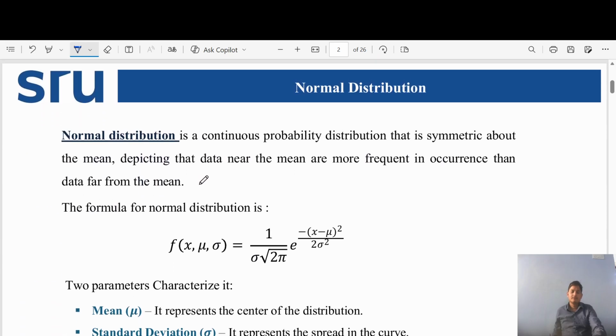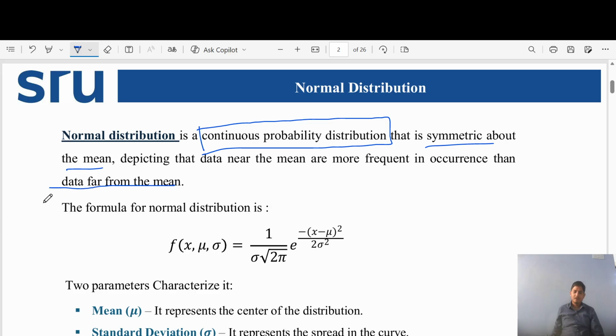So this is a normal distribution. Normal distribution is a continuous probability distribution. First, it is noted that this is a continuous probability distribution that is symmetric about the mean, depicting that the data near the mean are more frequent in occurrence than the data far from the mean. The formula for normal distribution is f of x comma mu comma sigma, where mu